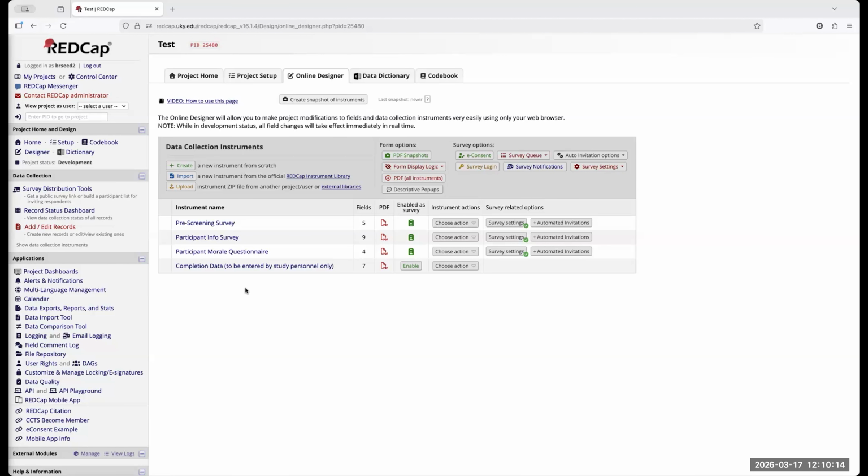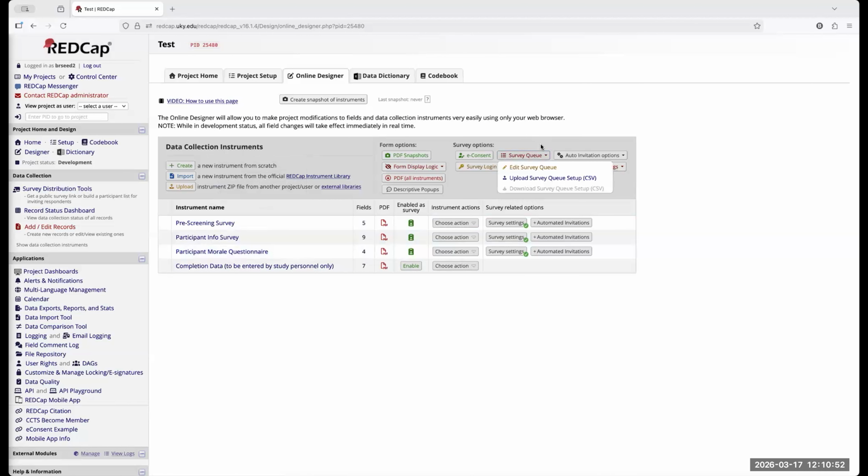So this is a multiple survey project, which means that our clients or participants will be getting multiple surveys. It could be over a period of time. It could be all at once. Again, this just depends on how your project is going to work. If you want them to do a pre-survey and then immediately after they get finished, do the participant survey, you can do that. You can have it set up to where REDCap will send them an email with the following surveys. You can set it up to where REDCap will do this.